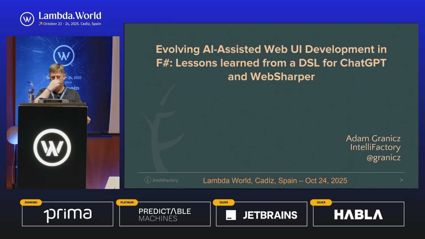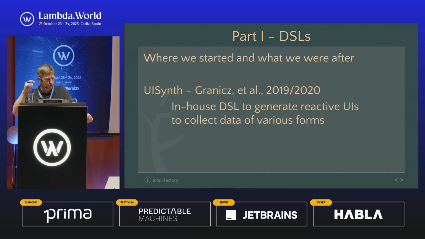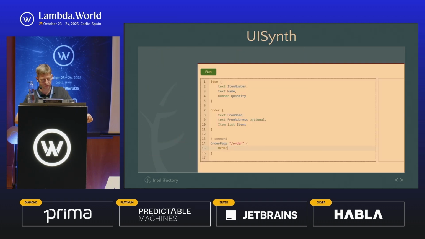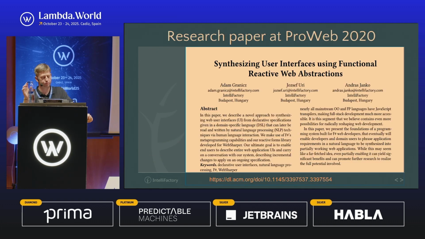So I just want to give our experience applying a DSL, and combining that with AI and ChatGPT and all that. So let me go back a few years to where we started. We had a research paper, back then we were quite active with these papers, about synthesizing user interfaces using